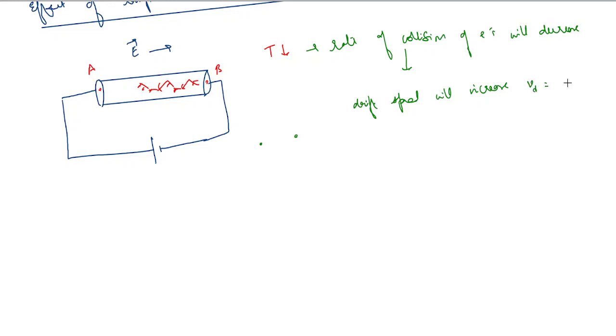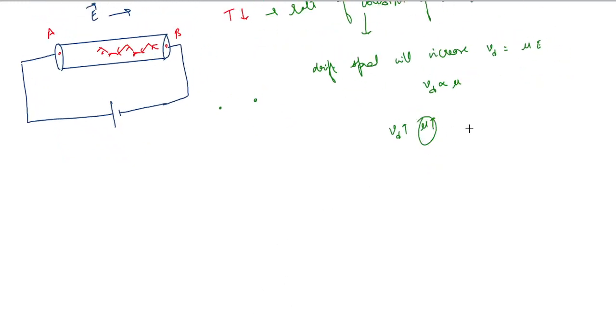But we know that drift speed is equal to mobility into E. Assuming E to be constant, drift speed is proportional to mobility. Now this means that since drift speed is increasing, mu also will increase. But